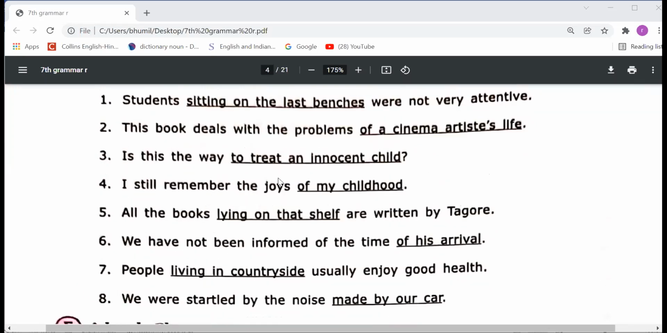So your homework is that do exercise number 1, 2, and 3 of chapter number 18. So now, dear students, we have 2 to 3 minutes. If you want to ask any question regarding today's class,